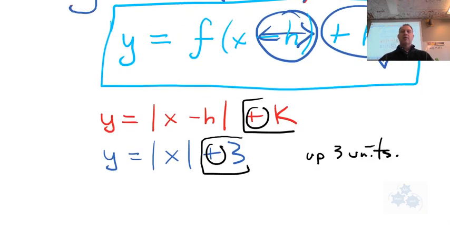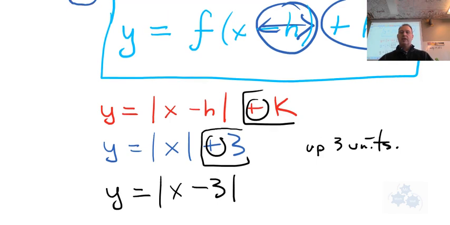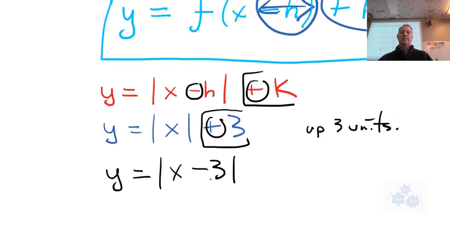The slightly confusing thing, which you guys will have to just make sure that you be aware of, is that when we talk about inside the brackets, okay, inside the brackets, because the format is negative, see it's a minus here, that means that this actually is that a positive 3 or a negative 3? Well, if it shows up as minus inside the brackets, that means that h is positive. So it's kind of like an opposite. This moves to the right